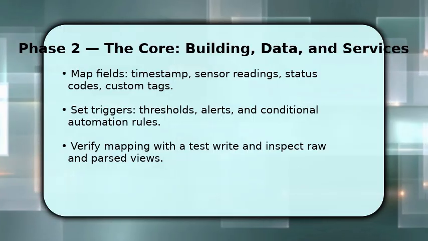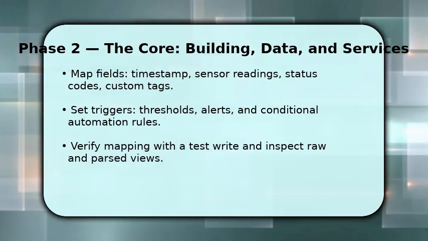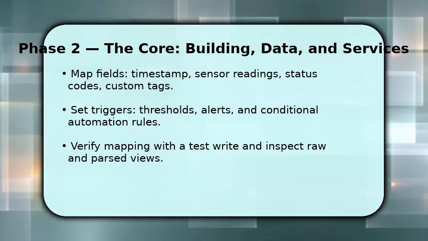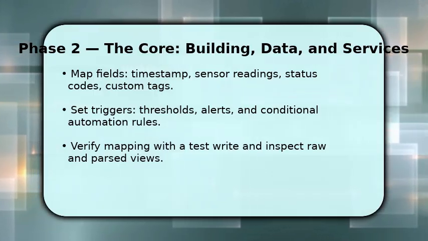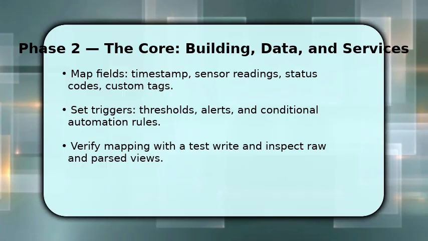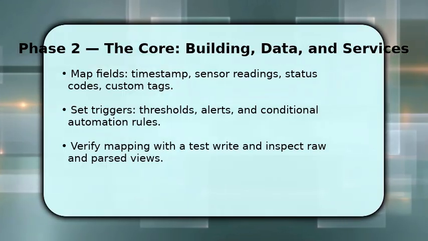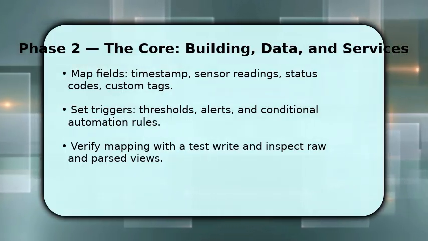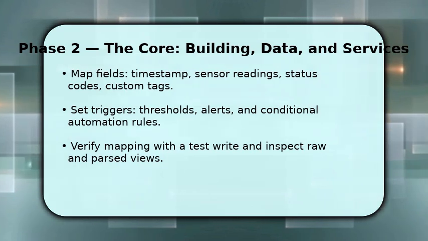Run a controlled test right to verify mapping and trigger behavior. Inspect both raw and parsed views to catch parsing errors. If values shift or alerts misfire, adjust field types and trigger conditions, then repeat the test until outputs match expectations